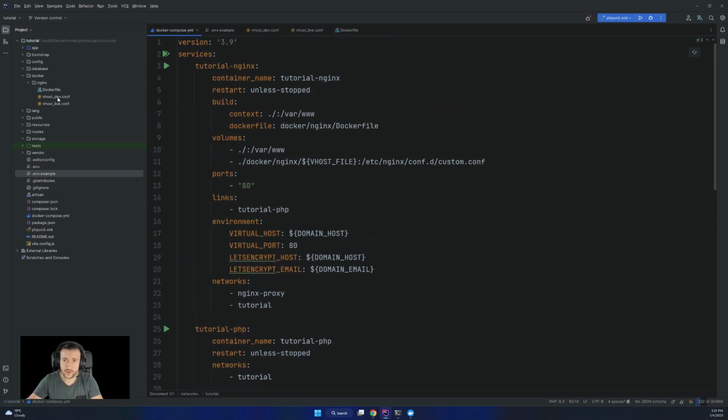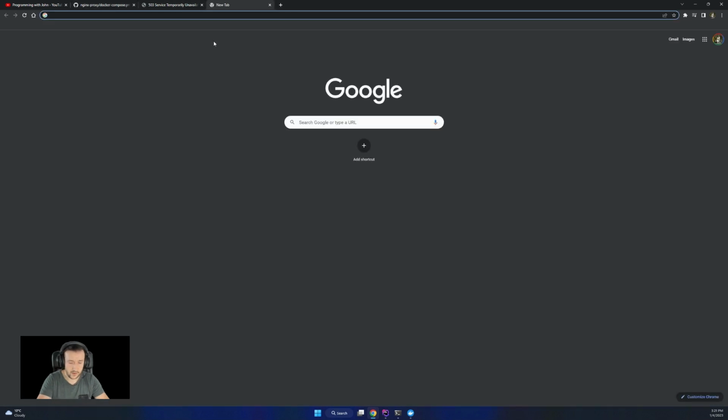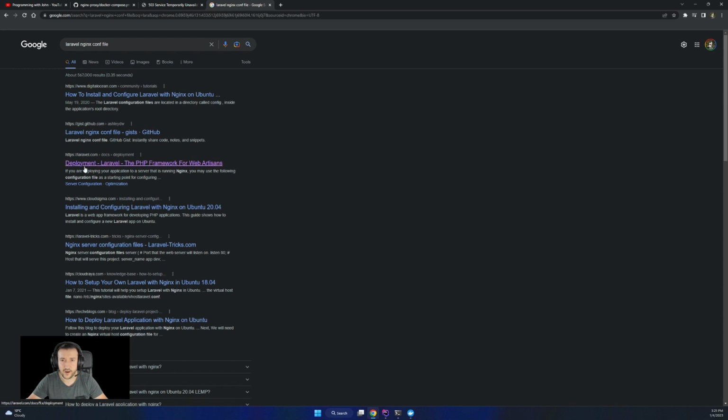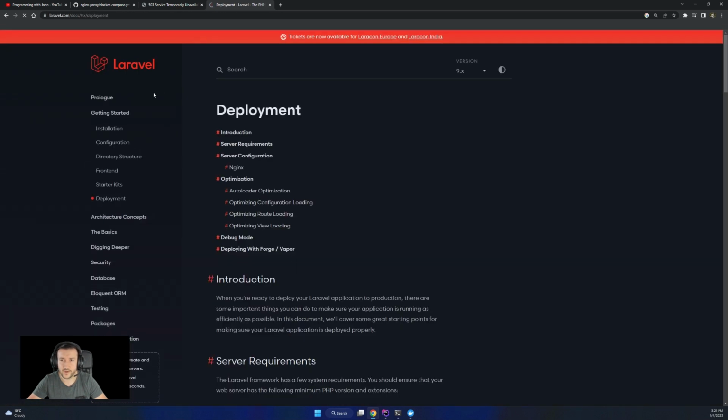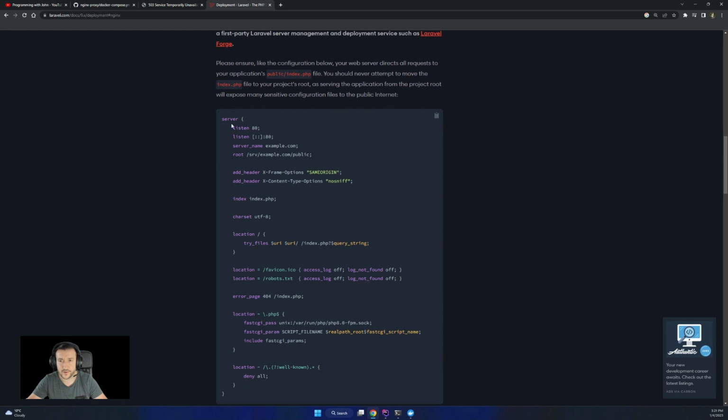Now we need to define our vhost. So in the vhost, if we go to Laravel, this Laravel Nginx config, we reach Laravel's deployment section. From getting started, it's for version 9, the latest, and we have a predefined Nginx server configuration.